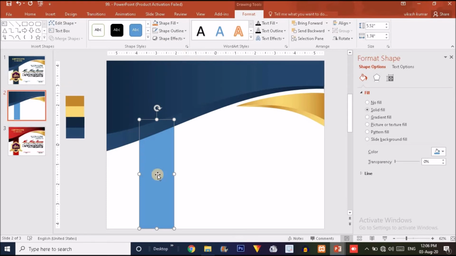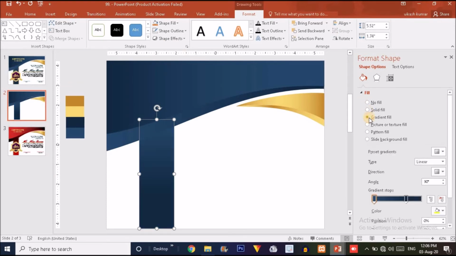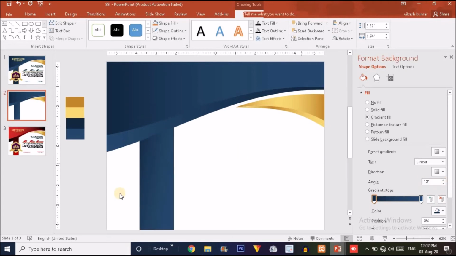Now fill this with the gradient fill option over here, but we have to alternate these gradients like this. Just change the angle to this one. Yeah, this is fine.